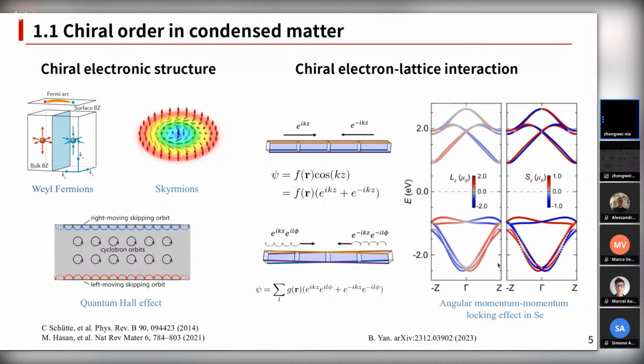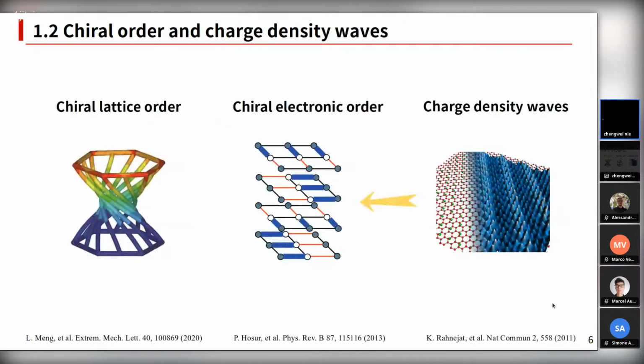This is the band structure of the crystal selenium. It is a chiral crystal. We can see that its orbital angular momentum along the gamma-z direction and the gamma-minus-z direction is reversed. There is an angular momentum and momentum locking effect. And the chirality has